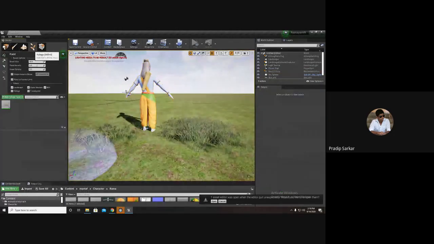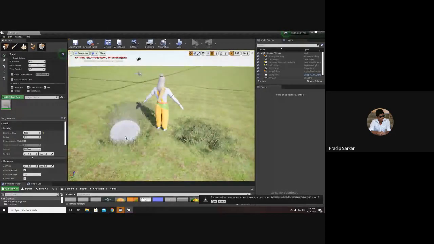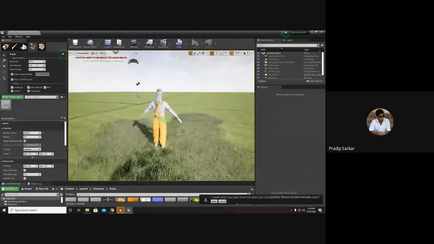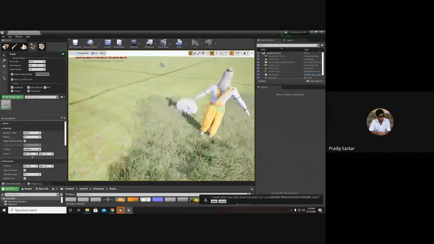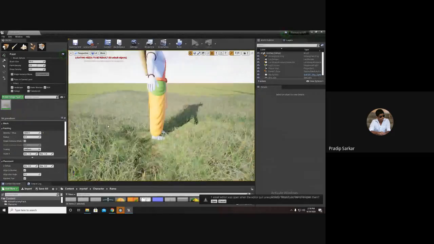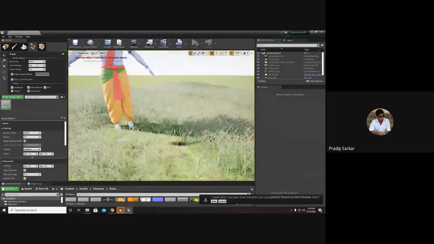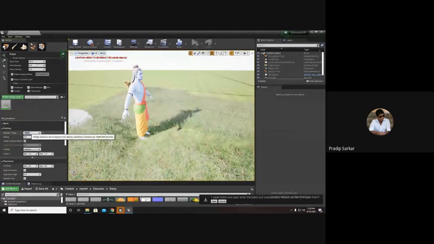Now when I go back to the foliage, now I can see how dense I need the grass to be. Thousand density is a little bit too much, so I will reduce the density to 500.